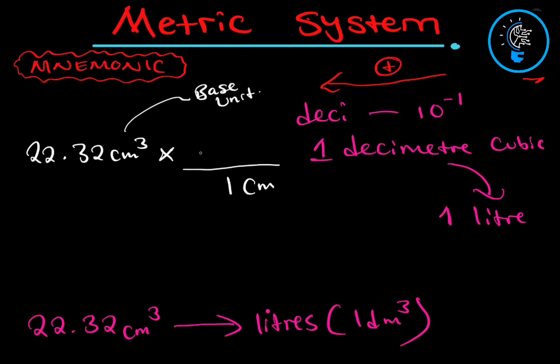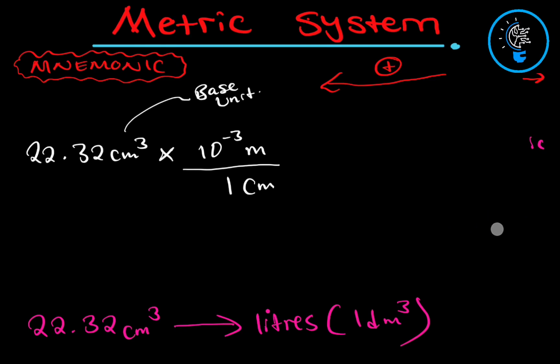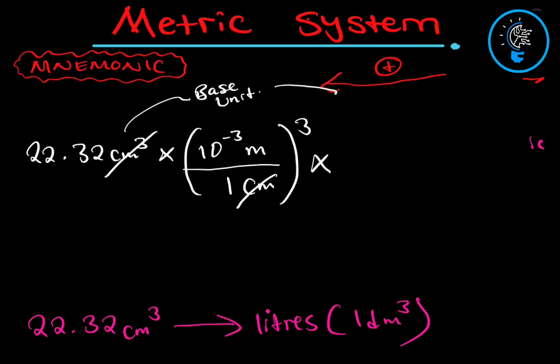We know that per every centimeter, we have 10 to the power negative 3. On top, you're going to have the base unit. So now, for us to cancel centimeter cubed and centimeter cubed, we need to power it to 3. That way, this unit and that unit will cancel. Then now we can convert from the base unit